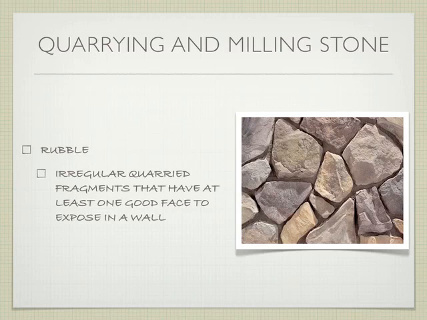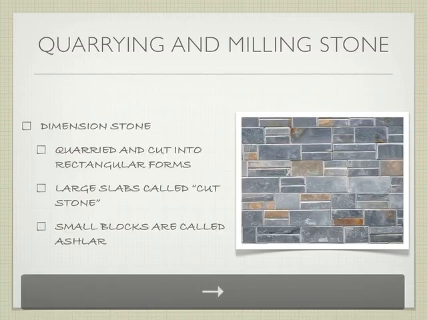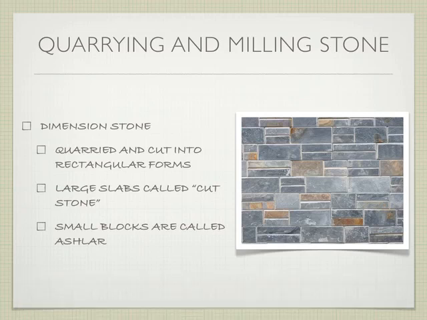Rubble is actually a quarried irregular fragment that has at least one good flat side. And so it has some quarrying process. Usually it's the leftovers of other processes, but it's more of a broken look. It's not something that's shaped into a perfect shape just yet. Then we move into dimension stone, which is actually quarried and cut into kind of rough rectangular forms. Large slabs can be called cut stone. Small blocks tend to be called ashlar,